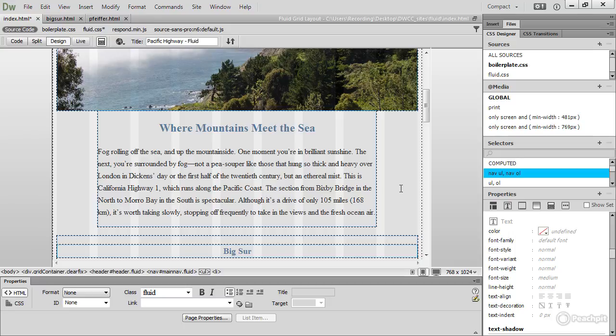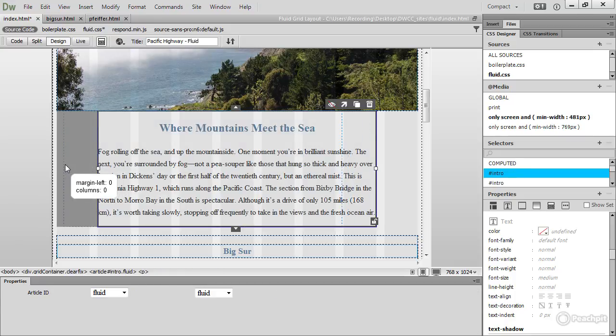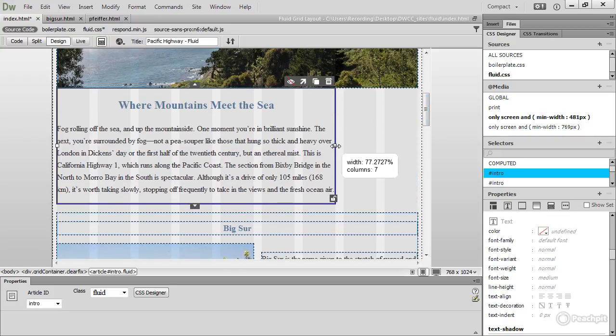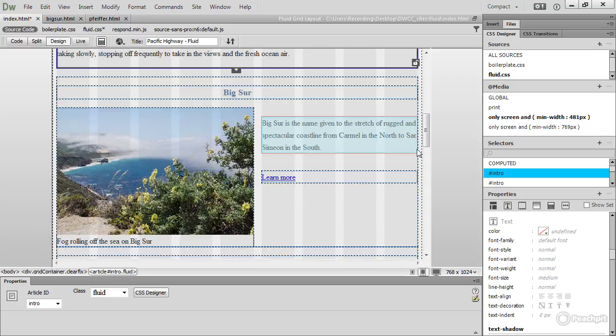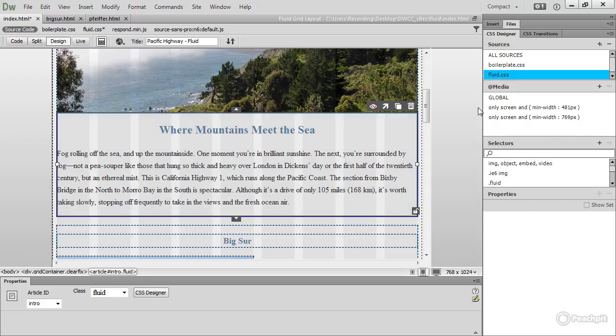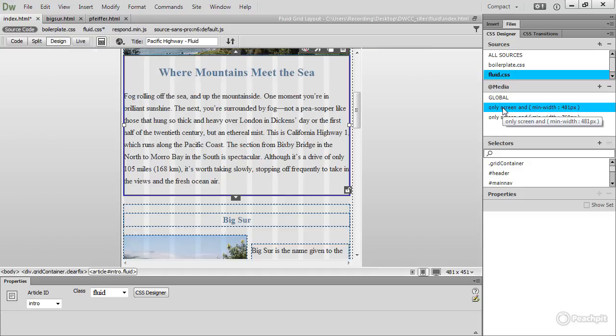So let's change that. I'm going to click in there and shift back to the left hand side and resize so that it's the full width. But my text is now too wide. If I add padding to the fluid article, the width will be wrong. So the solution in this sort of situation is to create a margin or padding on either side of the non-fluid element that's inside. So I'm going to select fluid.css and this media query, and I'm going to create a